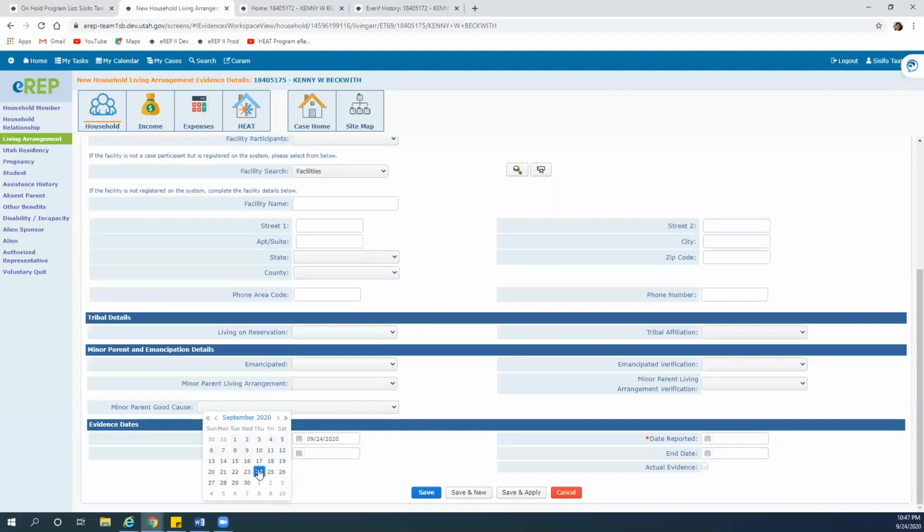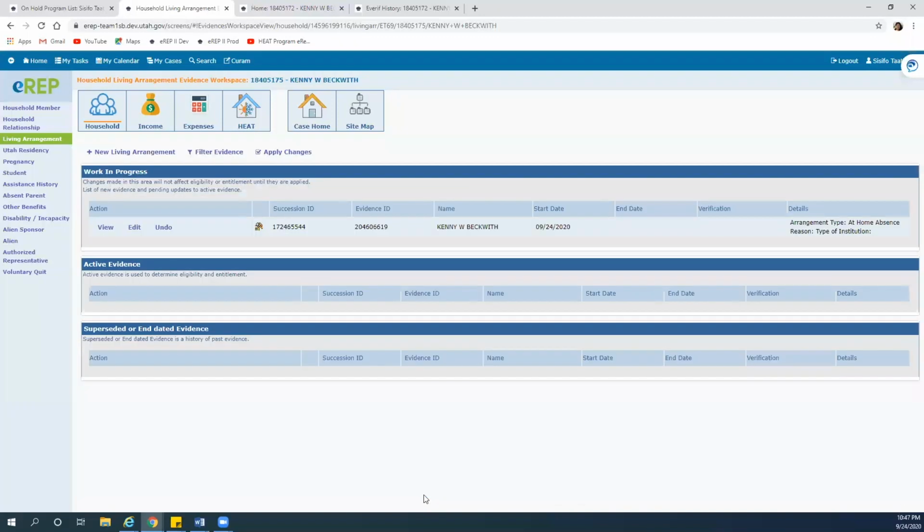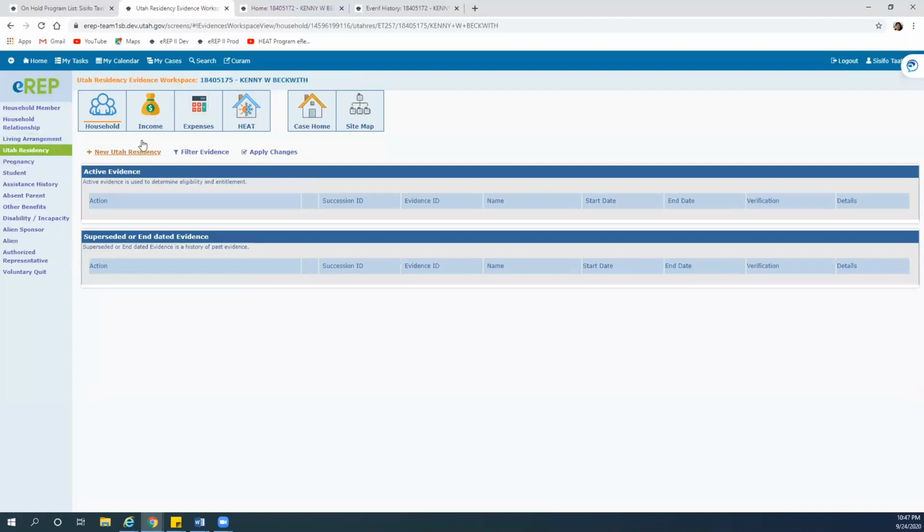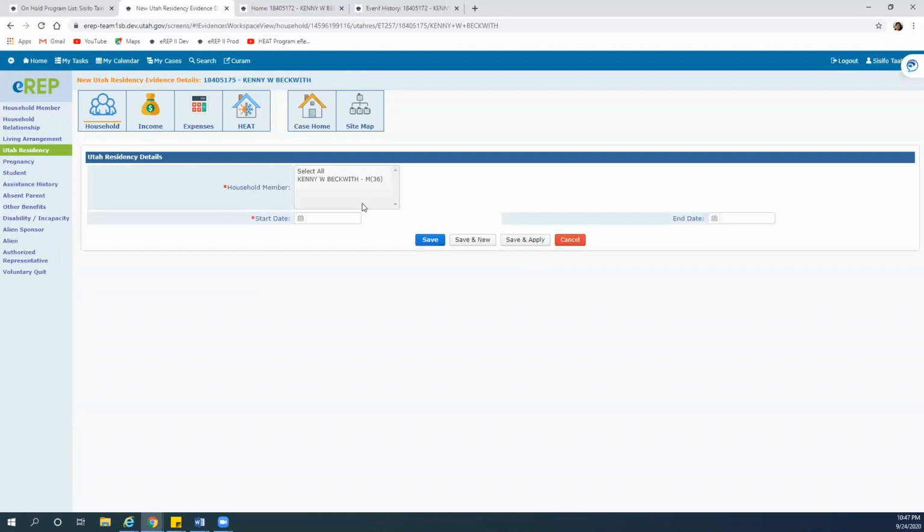Put in your date of change as the date of application. Same dates for date reported and date verified. Click save. Now you can see that your evidence is here. The last required evidence field in this section is Utah residency. So click on that, click add new Utah residency,